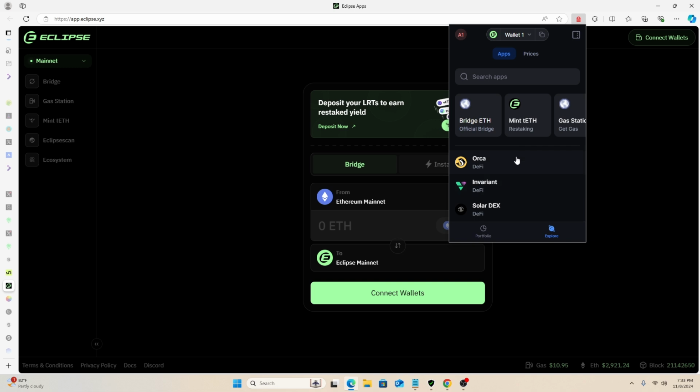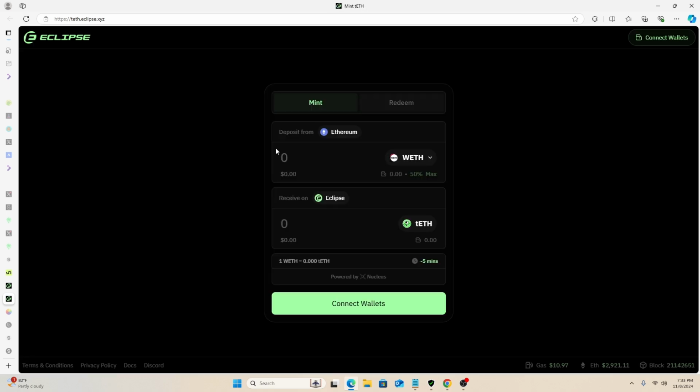But at a basic level, you want to start with a passive entry into Eclipse. You bridge ETH over. Of course, that will enable you to start paying transaction fees. For me, I would then participate in this minting of T ETH. So this basically requires me moving liquidity over to Eclipse. Now, the token options available, and this is from the Ethereum chain over to Eclipse, are mostly